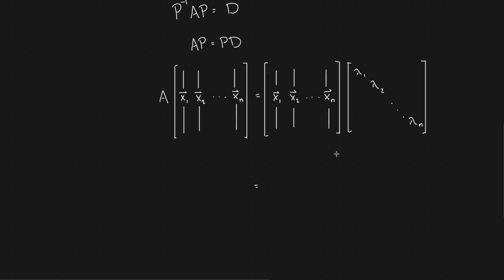So for each column, if I want the first column of this matrix, I'm going to focus on the column here. Because remember, when we multiply two matrices, it's row times column, right? And so if I want all the entries in column 1 here, I want to take column 1 here and multiply it by each row